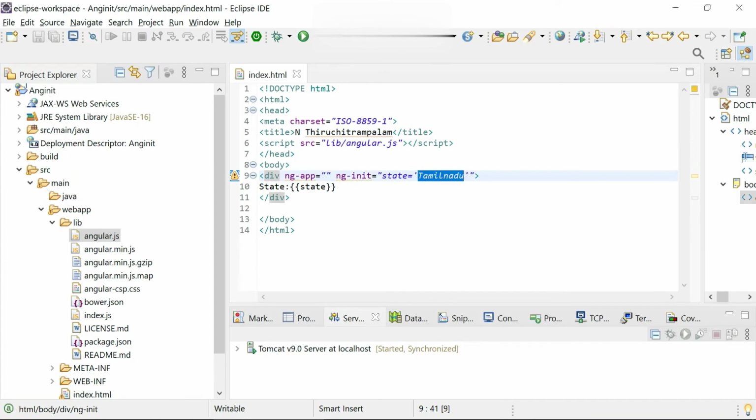So that got converted into its value, Tamil Nadu, and it is printed on the web page. Here you can see Tamil Nadu.